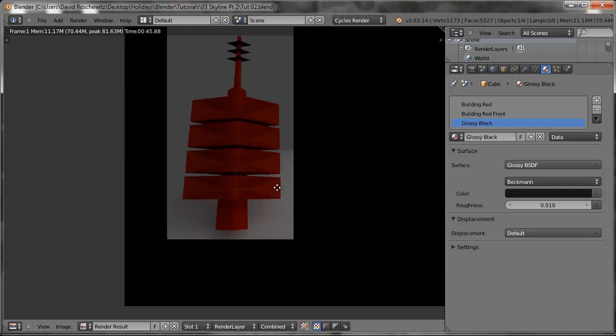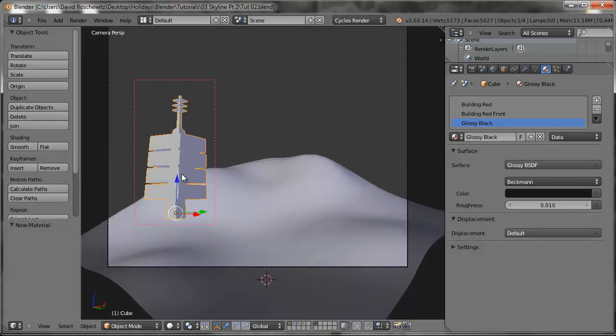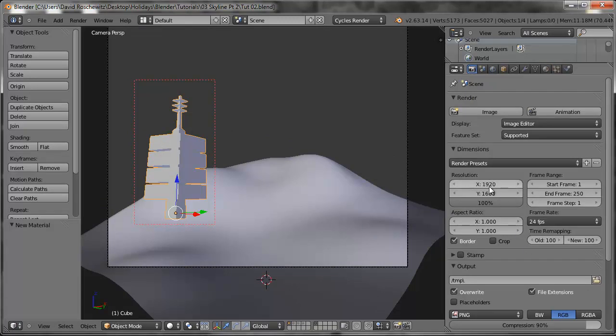And now I'm going to quickly get you through some render settings so we can kind of optimize this. Notice that the time it took was 45 seconds. So with escape, we can get back out of it. Let's go to the render settings. The first important thing is resolution. The lower the resolution, obviously, the faster the render. But without having to change the resolution of our camera, we just set this to 50%